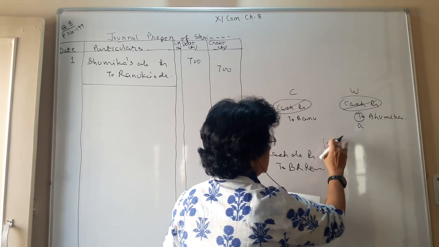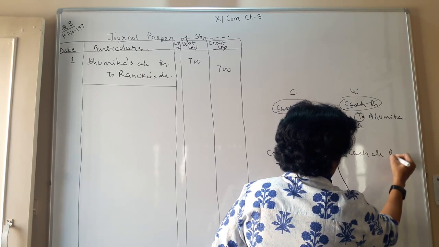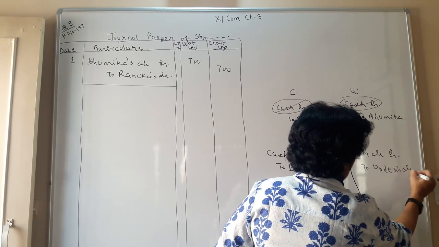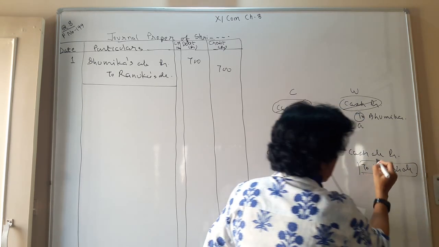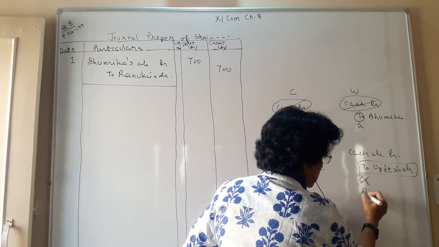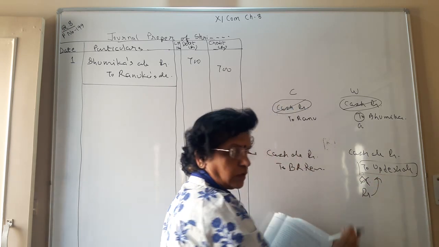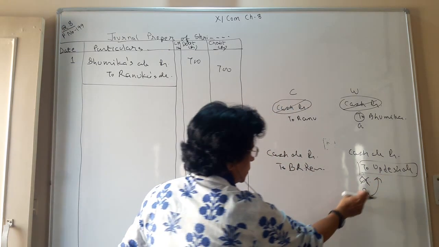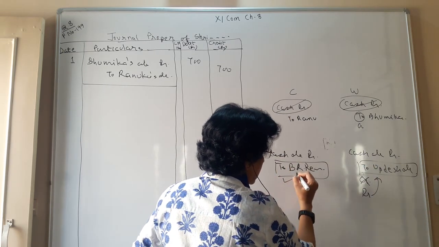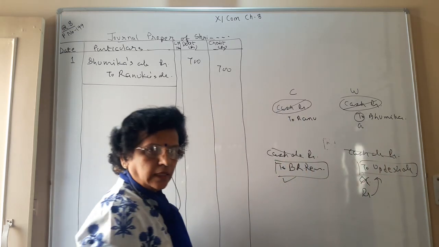And what is the wrong portion you have done? You have treated it as cash account debit to Updesh account. So this Updesh is wrongly credited, that has to be nullified. To nullify this you have to debit the Updesh account. So your rectification entry becomes Updesh account debit to bad debt return account credit. The cash portion is done properly, so that is to be cancelled.